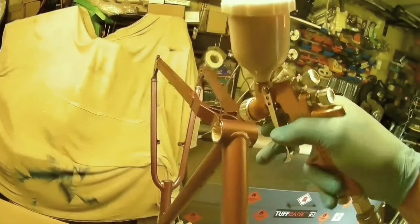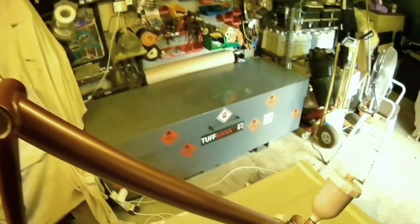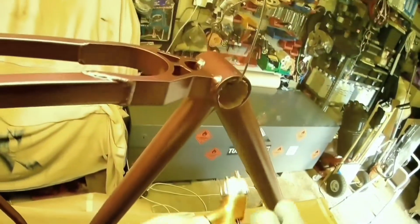Now, what you'll see a bit later on, I can't remember where I am at the moment. I think we're still on the first coat, but I refilled the pot, because I didn't fill the pot up fully at first. I don't know why, I never do, but I had to refill the pot, and I didn't put the lid on properly, so it came down the side,